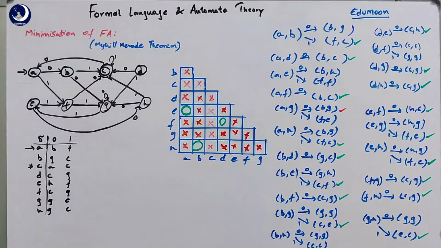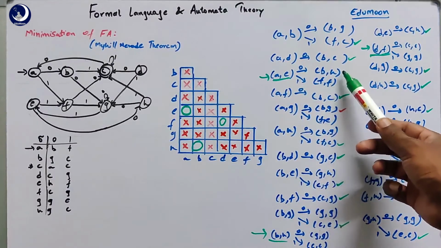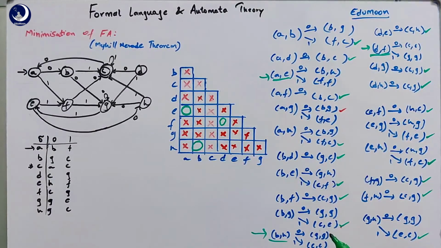So let us once again check whether they get marked again or not. You can check in the working process we have done. Check again AE, BH and DF. From the table you can see AE is dependent on BH and FF, where BH is also not marked, it is dependent on GG and CC. And finally DF is generating CC and GG, which are not existing. So these three blocks cannot be marked further.